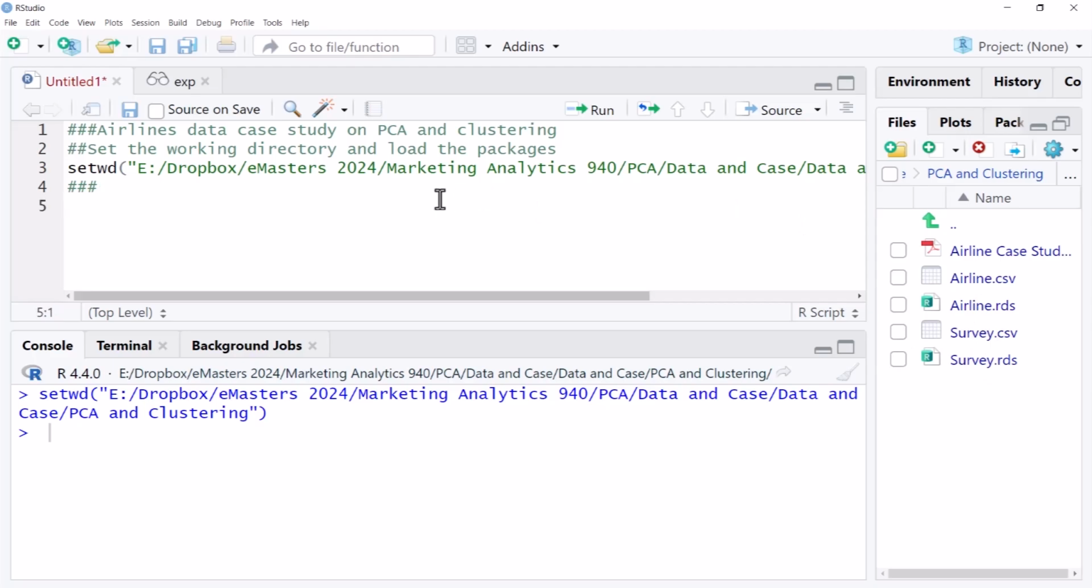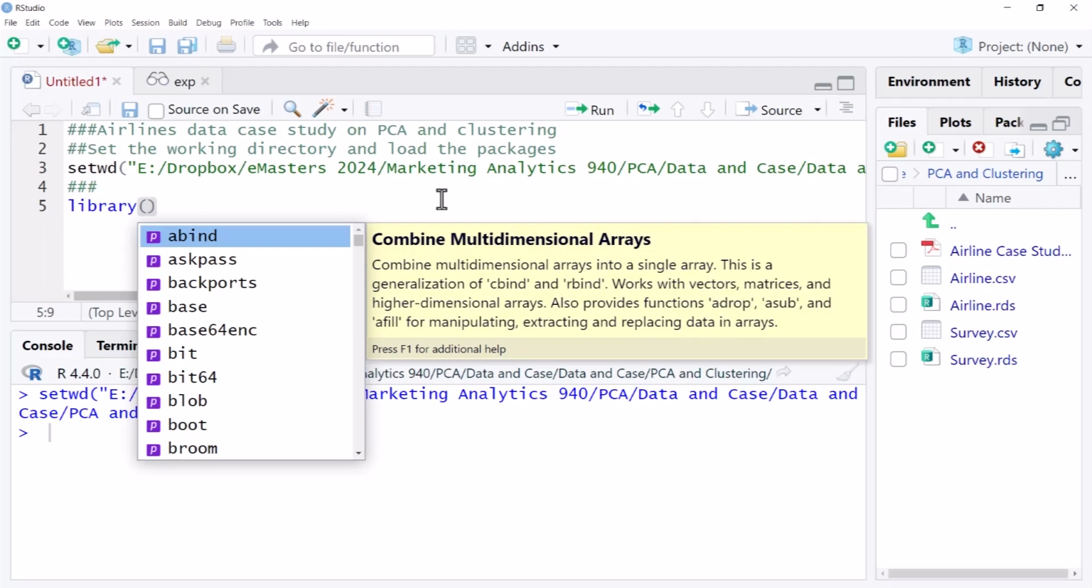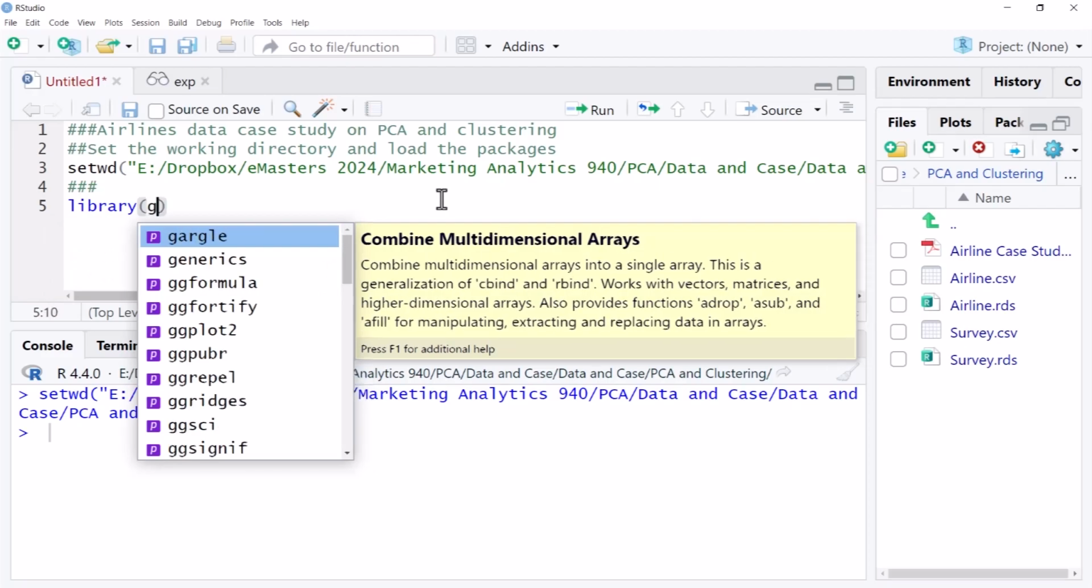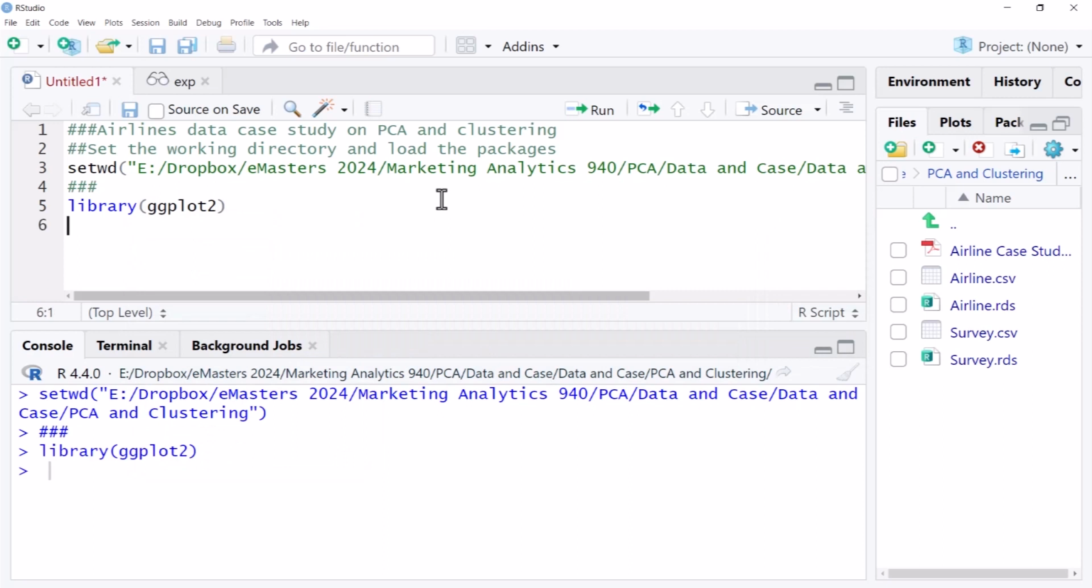Now we'll load the relevant libraries. Please remember, I have already installed these packages, so I'm just adding them to the current working environment. If you have not installed them, you need to first install them before this library command and adding them to the current working environment. So for ggplot,